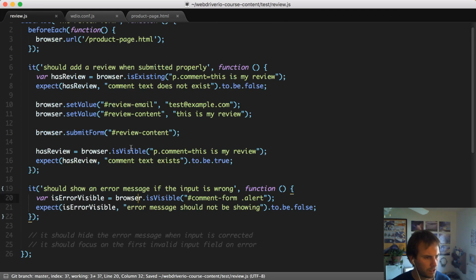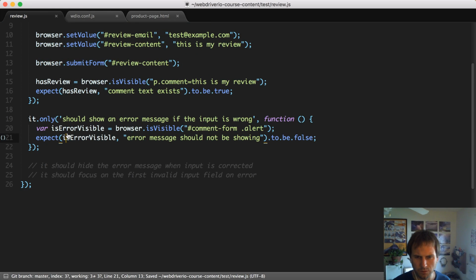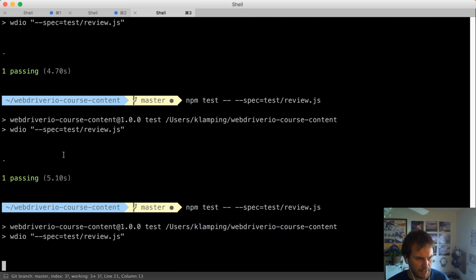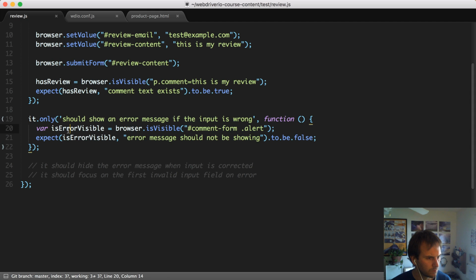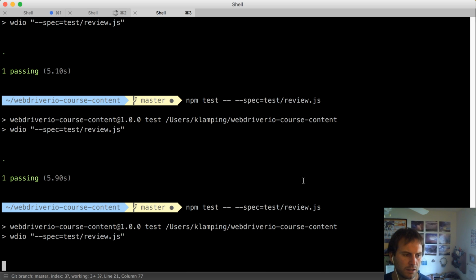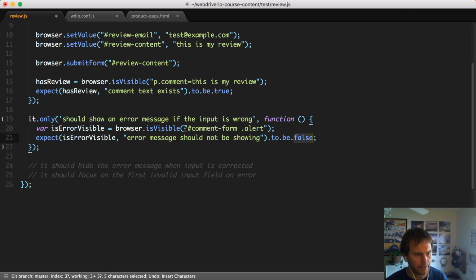Let's go ahead and run that. I'm going to try using only. I don't know if only is going to work or not. There's been some issues with it lately on my box. But basically, only will run just that one test. So we should just see that one is passing, not two passing, even though we have two tests. Because only says only run this test. That's a Mocha thing. And then if I change this to true, then it should fail. Again, I want to make sure that I can get my test to fail because it happens so quickly. I'm not specifically certain that it's doing everything right, but because it failed, we do know that